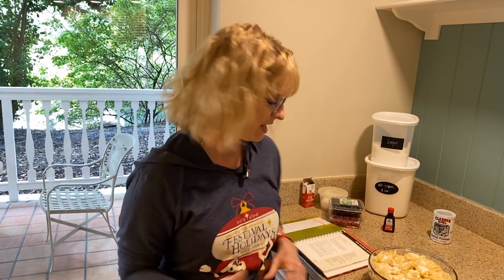Using scissors style, you cut back and forth with two butter knives or whatever knives you have on hand. Side note, there are no steak knives in a DVC kitchen, so bear that in mind. If you want to eat a steak, you might be cutting it with a butter knife. But you just kind of cut that butter into the dry ingredients as best you can, and you call it done,